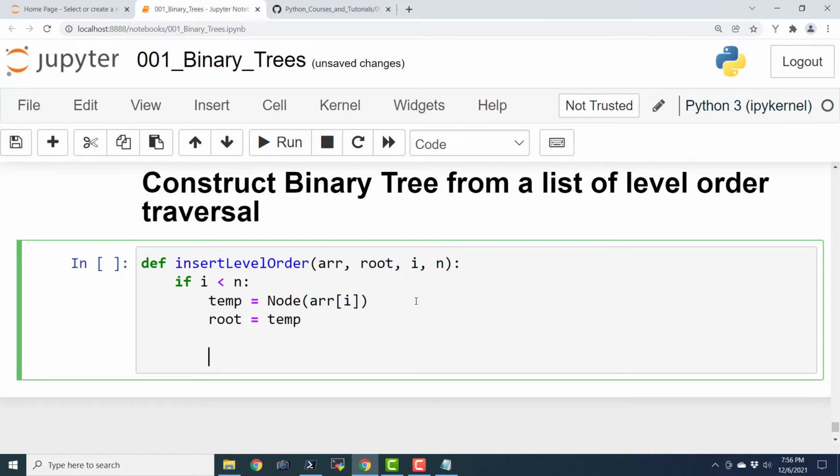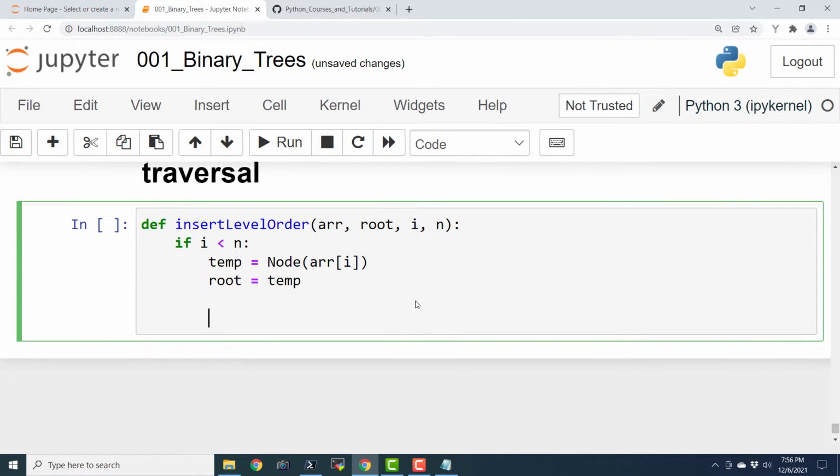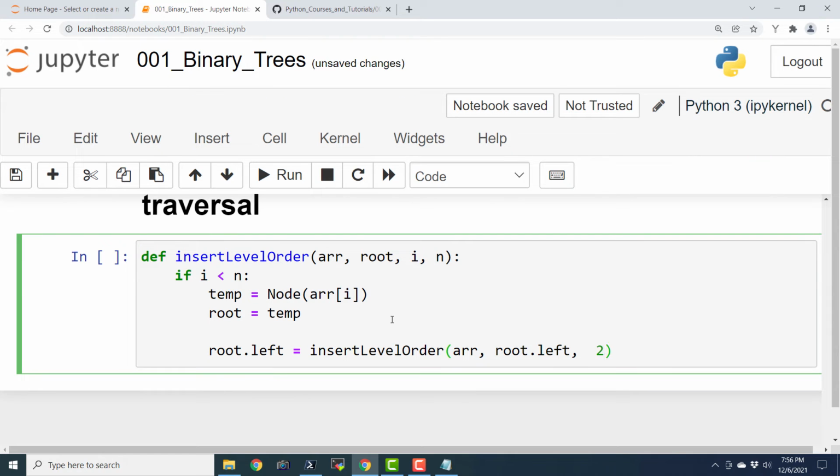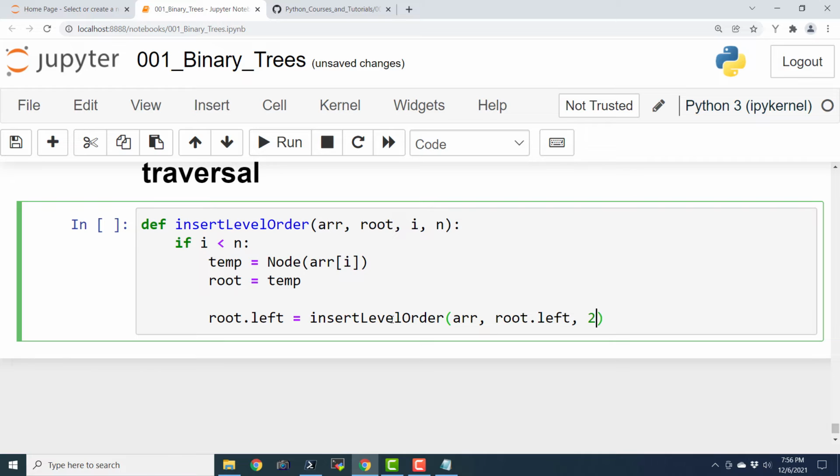Now let us go ahead and insert the left child. Root dot left, and it is quite easy. We are going to make a recursive call. Here I am going to say ARR comma root dot left comma 2 multiplied by I plus 1 comma n.